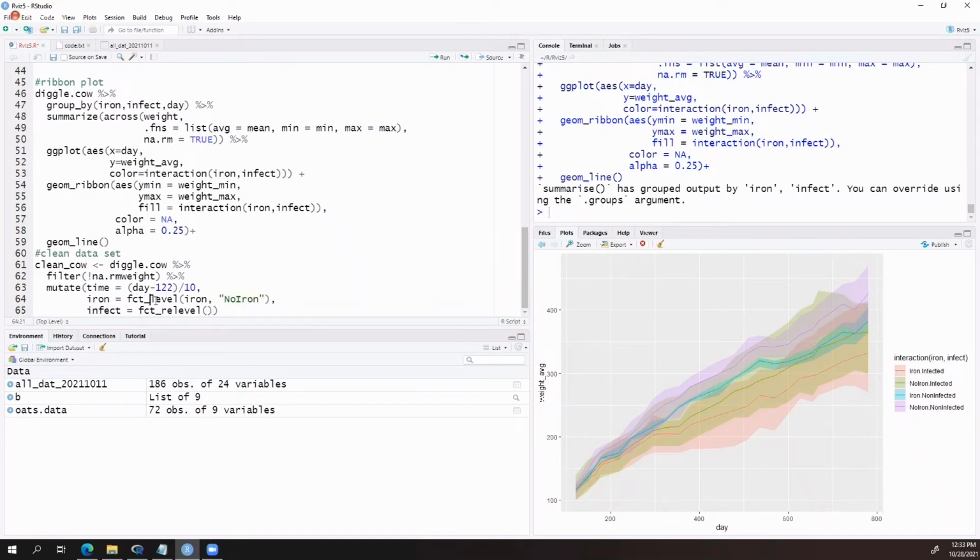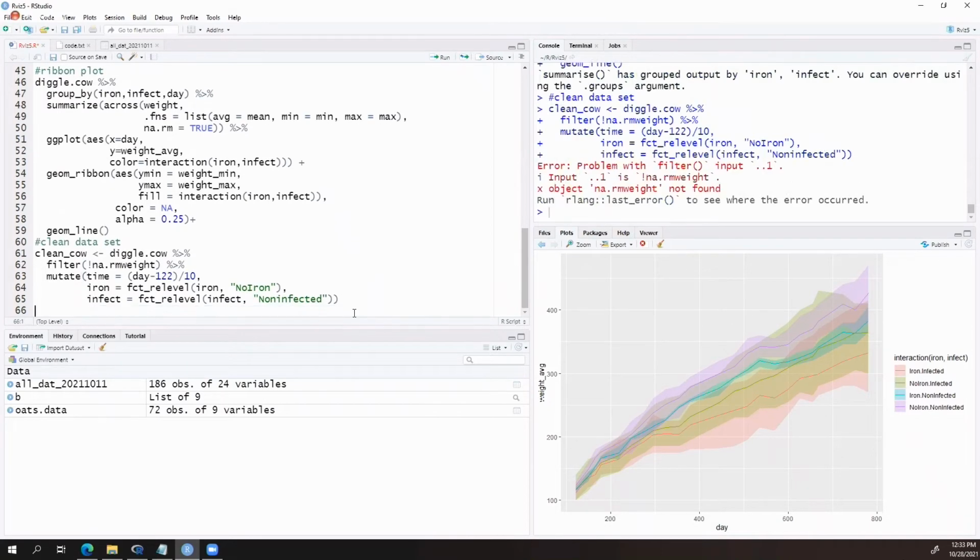Should be read level. Okay. And so infected and non-infected. And then hopefully that will create our clean data set. Except that invariably I have a typo, which is combined with time, so I'm going to cut and paste it.